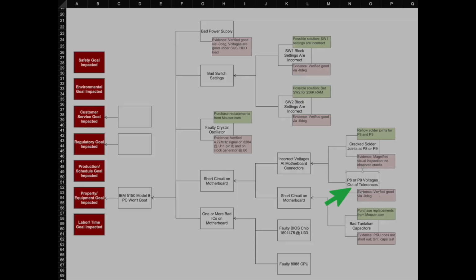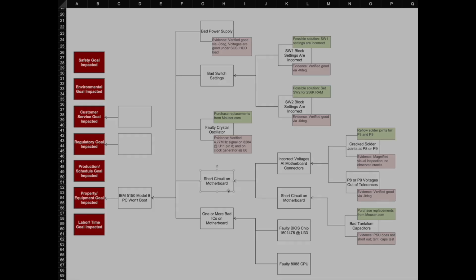And again, using evidence from minus 0 degrees, we took a look at the voltages coming off all the various pins involved here, and we decided that based on the documentation at minus 0 degrees, they were all within tolerance, they were good. So we don't think at this point that there were any cracked solder joints. The voltages weren't off spec, which means there's no short on the motherboard, there's no bad caps on the motherboard,